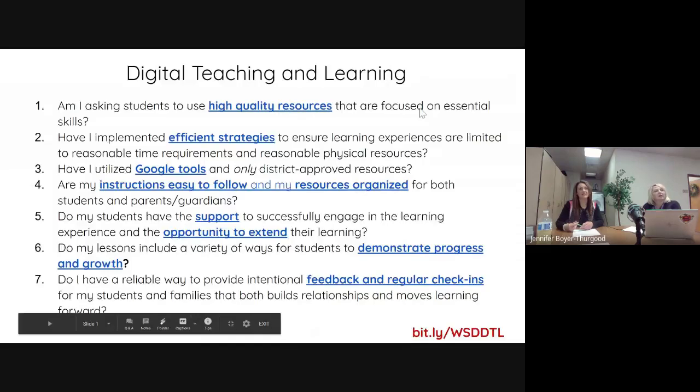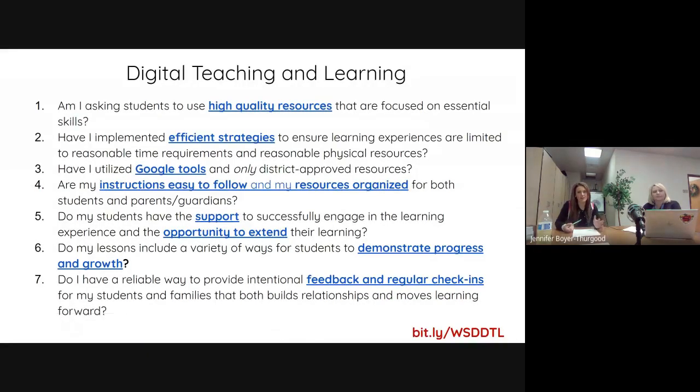So we'll go ahead and look at question 1 on the presentation. Question 1 says, and these are kind of things to think about as you're planning and as you're evaluating your online content and things that you're putting up. So first one says, am I asking students to use high quality resources that are focused on essential skills?